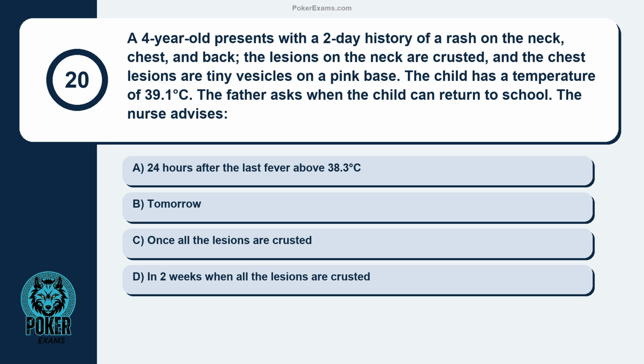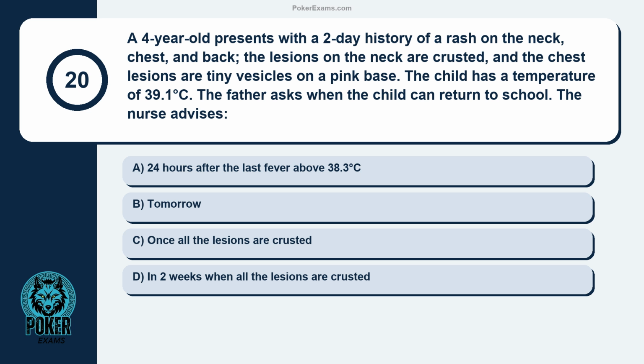Question 20. A 4-year-old presents with a 2-day history of a rash on the neck, chest, and back. The lesions on the neck are crusted, and the chest lesions are tiny vesicles on a pink base. The child has a temperature of 39.1 degrees Celsius. The father asks when the child can return to school. The nurse advises: 24 hours after the last fever above 38.3 degrees Celsius,